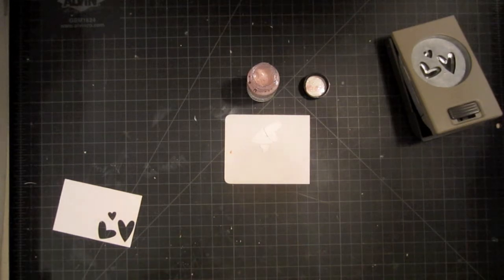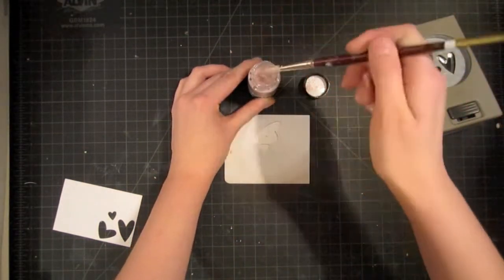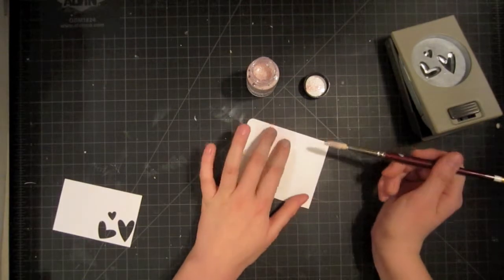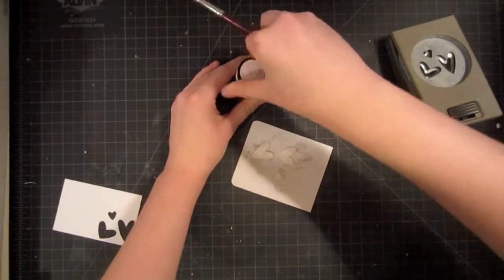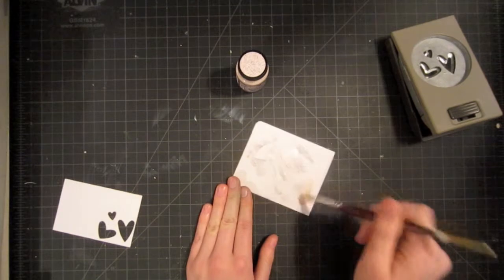There's no specific requirement for the type of paintbrush you use, but I like to use one with longer bristles so that you can reach down into the liquid. And then just paint on your Glimmer Glam. And then once you're happy with how everything looks, you can clean off your brush,